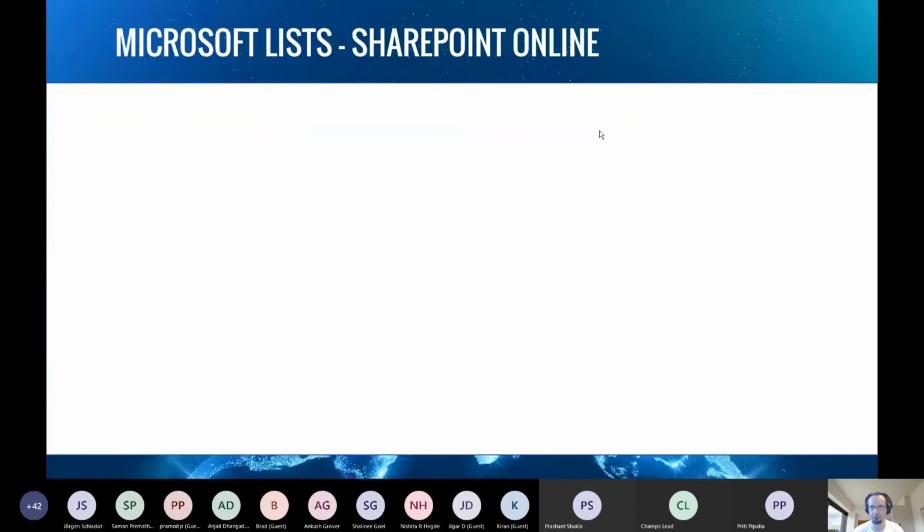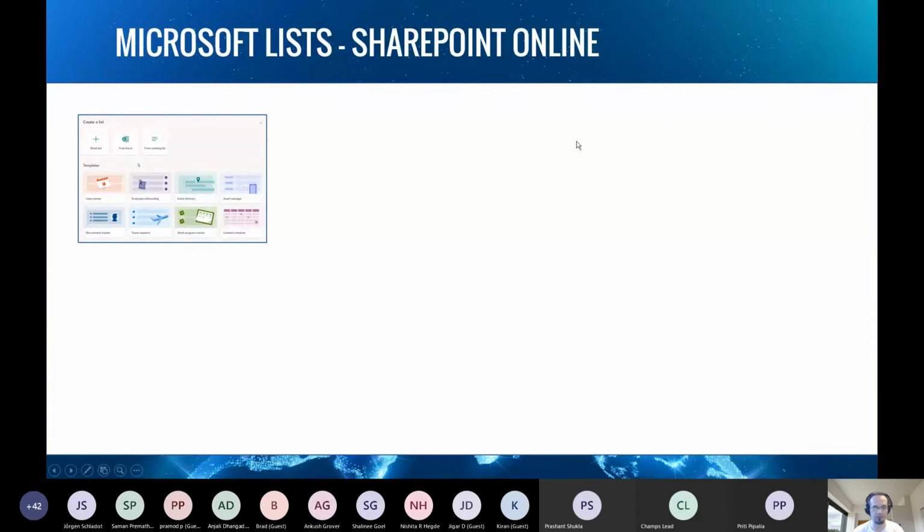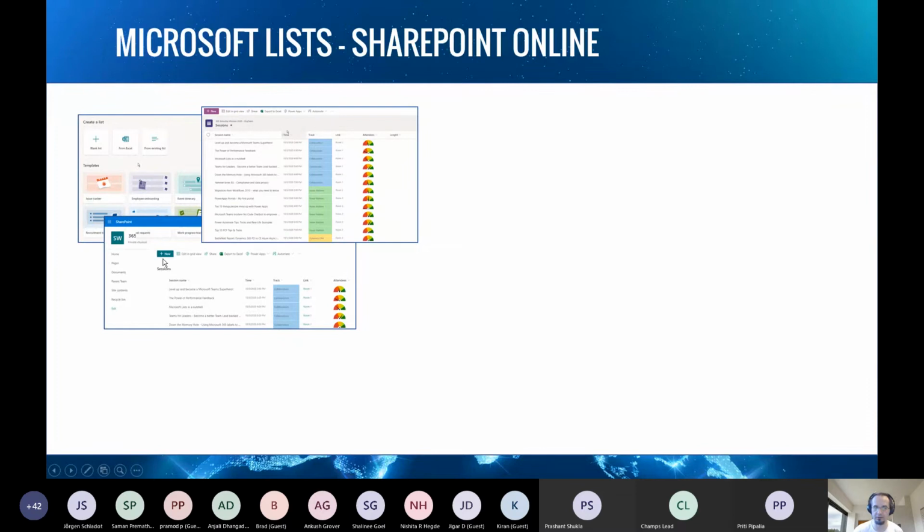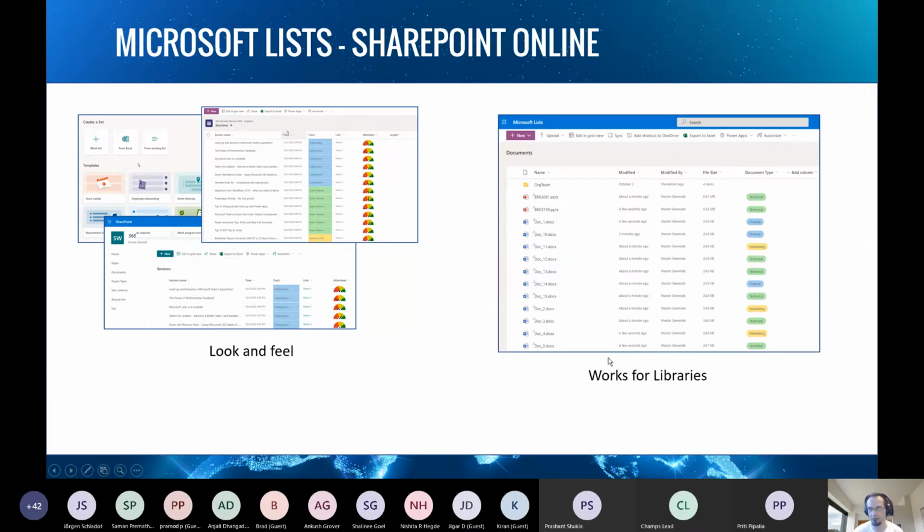So for SharePoint Online, we have the same features, same formatting options, same look and feel like for Microsoft Lists. Whenever we use it, if it's classical old list, we can format it. If we want to switch to modern view, Microsoft List view without any left-hand navigation, we can add that parameter. So we have a lot of options, and the look and feel will be consistent between SharePoint Online and Microsoft Lists. And it works for libraries, so it's really good.